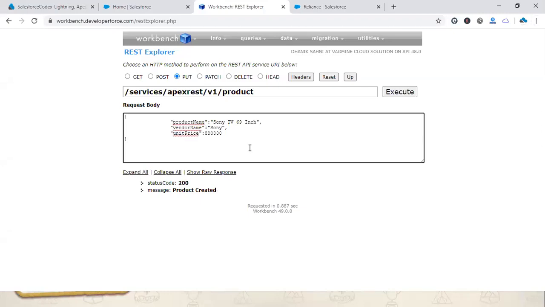Now, in some scenarios, some clients ask, I don't want to give the complete object for the update. I just want to update only the product name based on the product ID. So in that case, we should not go with put, we should go with the patch method. Patch in normal terms means patching of the thing, right?